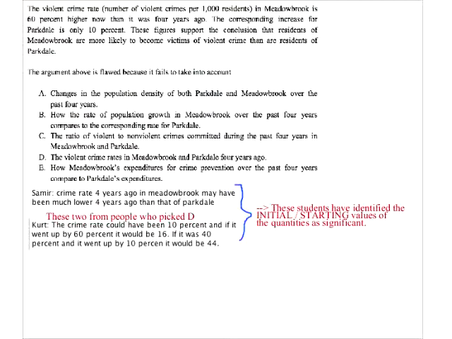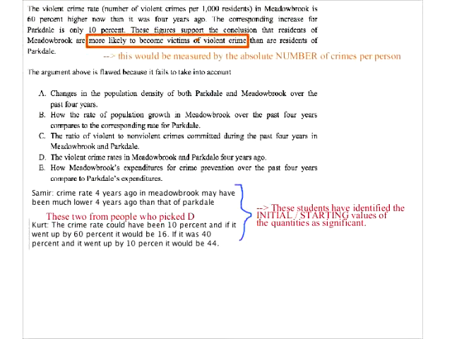So what you also have to do is think about what units we're really talking about here. Like, more likely to become victims of violent crime is not a percent increase thing. This would be measured by the absolute number of crimes per person or per 1,000 people, etc. So the problem is that percentage increases don't give you absolute numbers